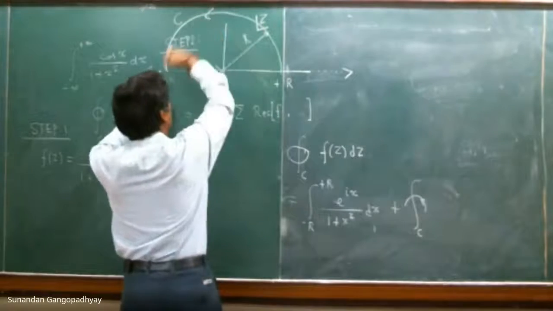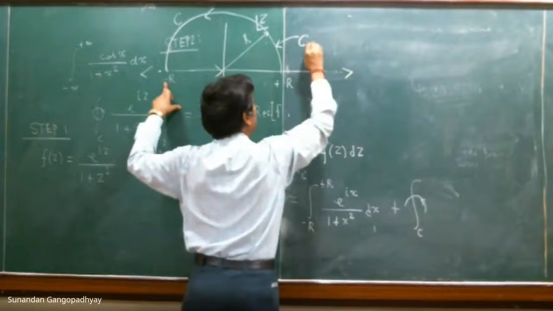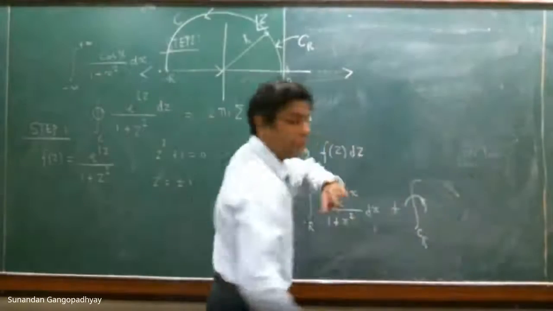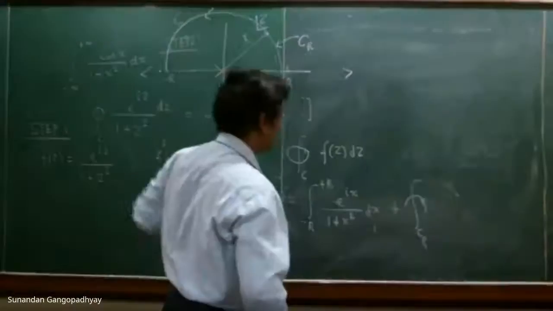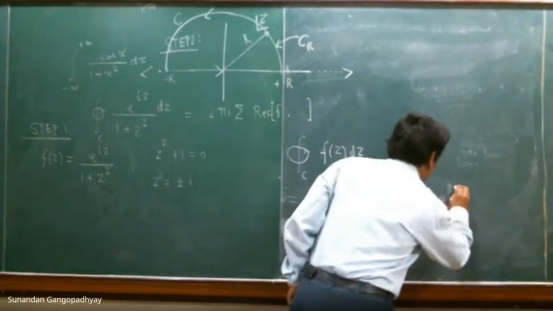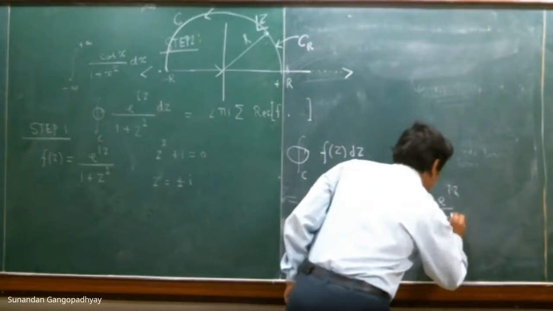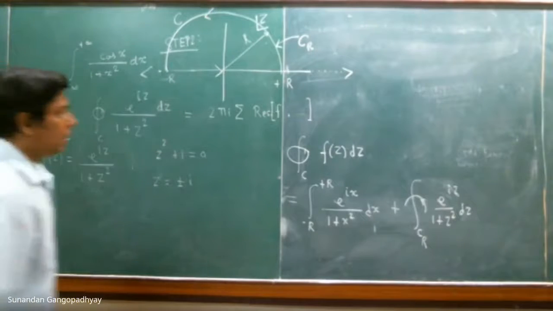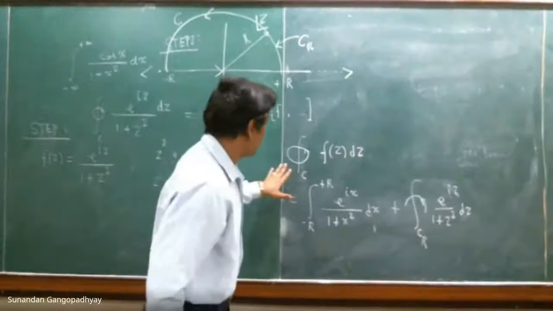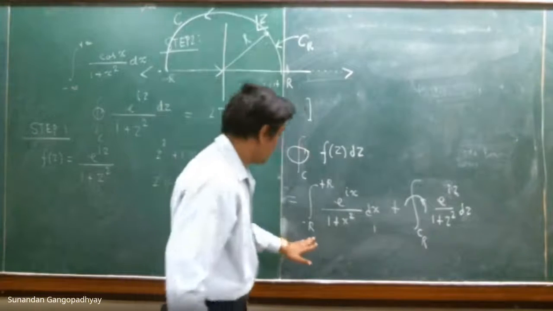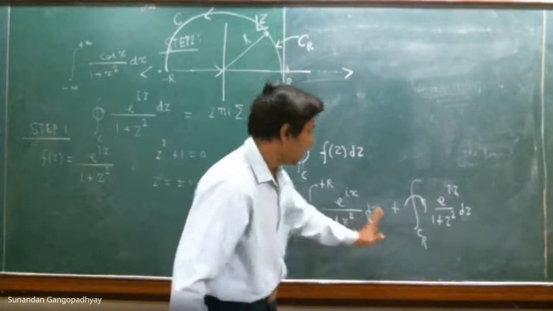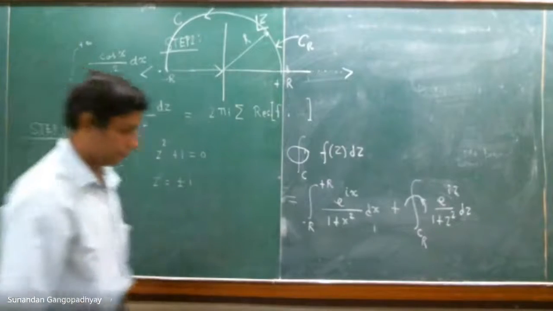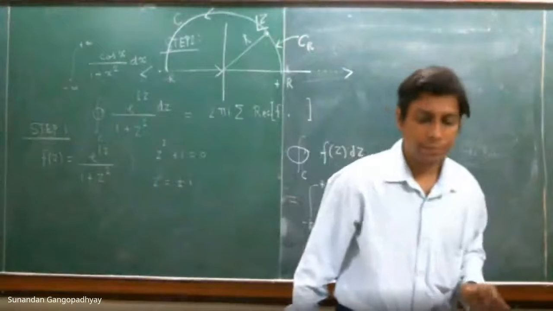So only this part of the contour, the semicircular arc, this I call CR. Okay, so this is CR moving in the anti-clockwise direction, in this direction, and now you once again have e^(iz)/(1 + z²) dz. So this contour integral over the full contour C is basically the integral from -r to +r on the real line plus the integral over CR, this thing. Is this clear? Is this okay?